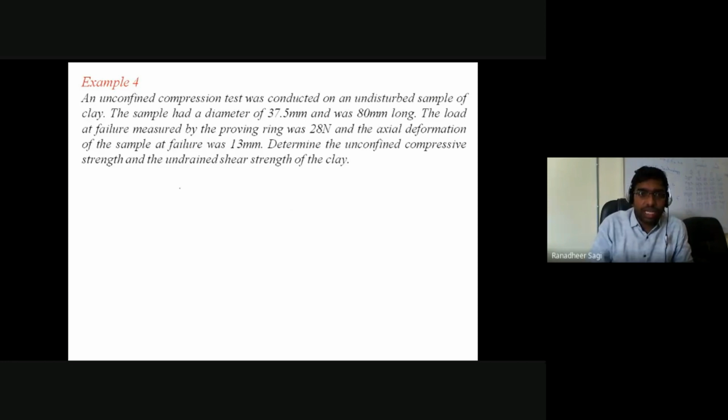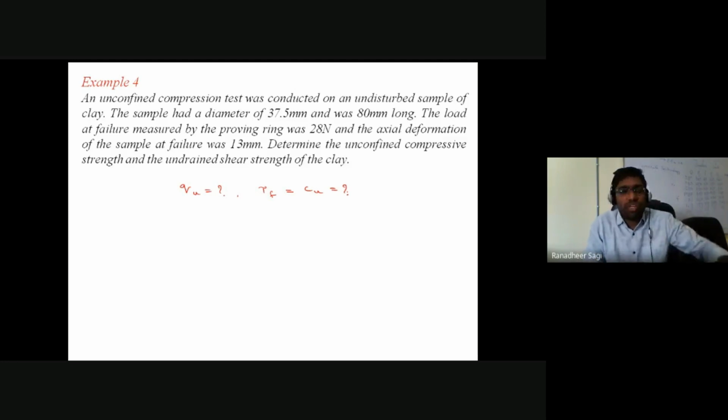So what we are required to calculate here is QU, and undrained shear strength at failure is what I'll write as CU. Okay. So QU is what I require. Once I know the QU, CU is nothing but half of your QU. Okay. So let's go ahead in understanding and accordingly solving our problem. First I need to know the deviatoric stress at the failure of the soil sample. That deviatoric stress at failure of the soil sample itself is what we call your unconfined compressive strength of the soil.